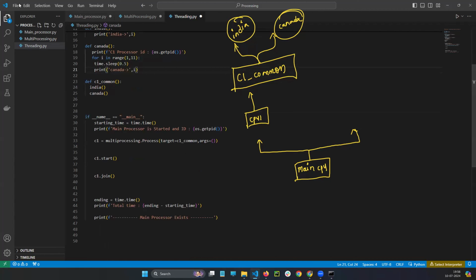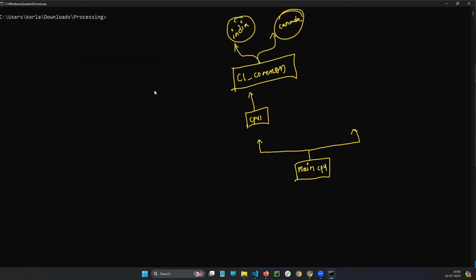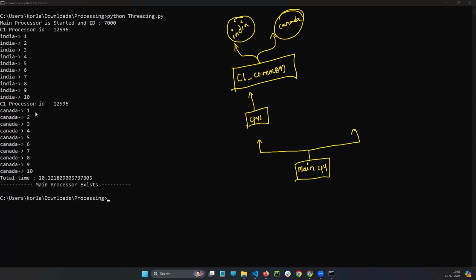So now if you just go here, let me clear the things. Now if I demonstrate in front of you, see, Python is writing that main processor started, child processor started. See here very clearly. Main processor started. From the main processor, I created C1.